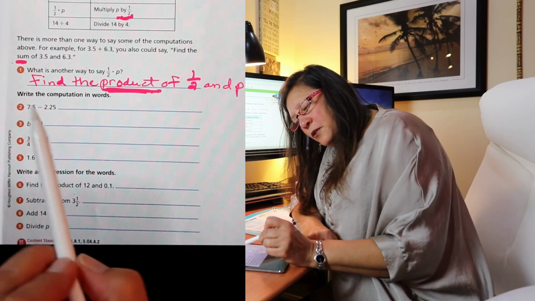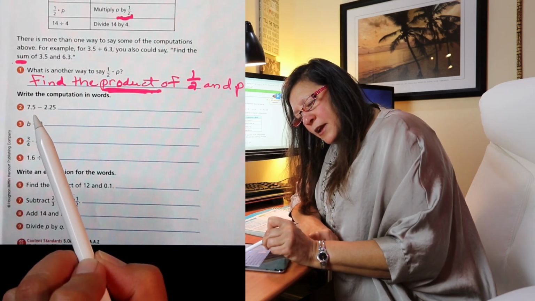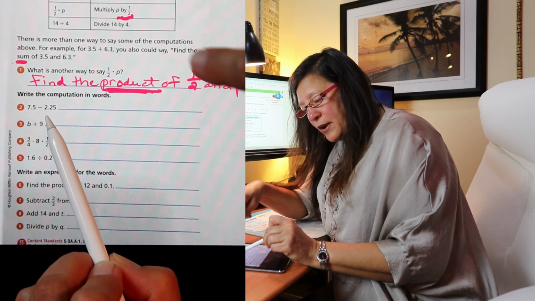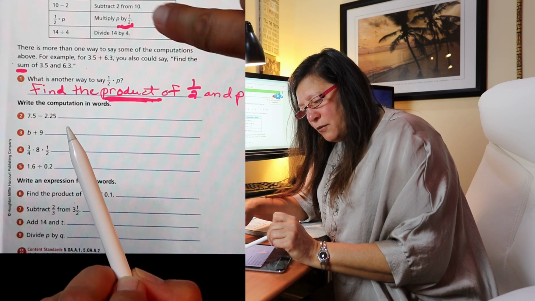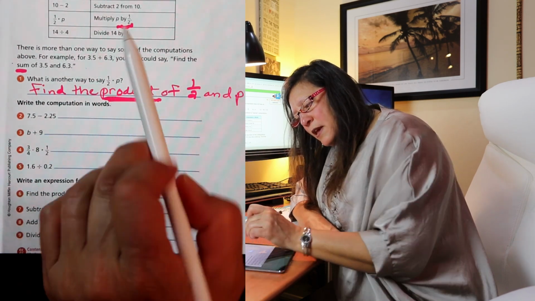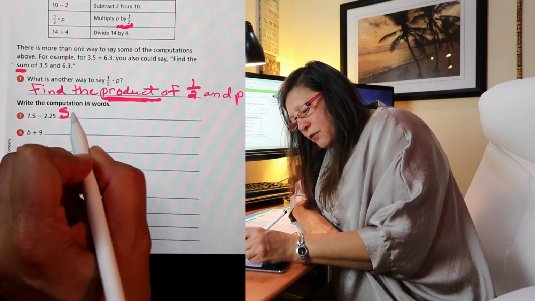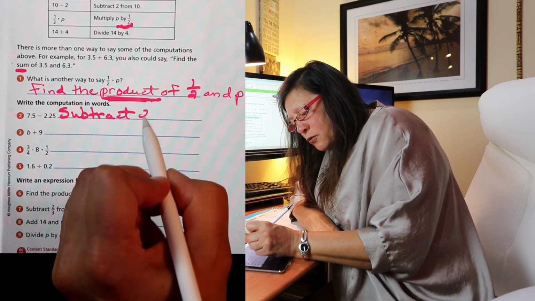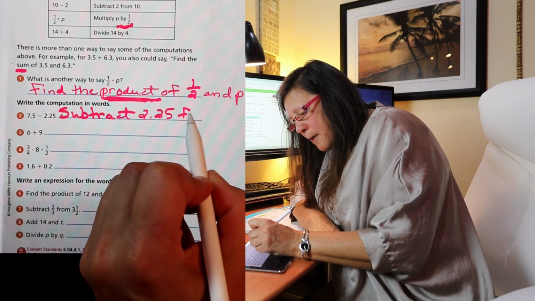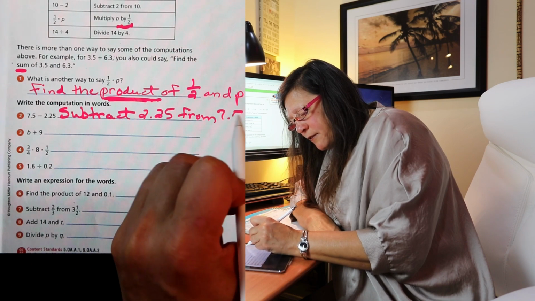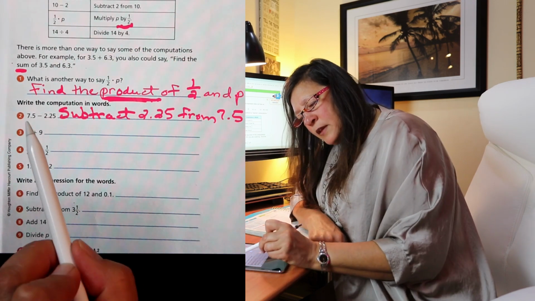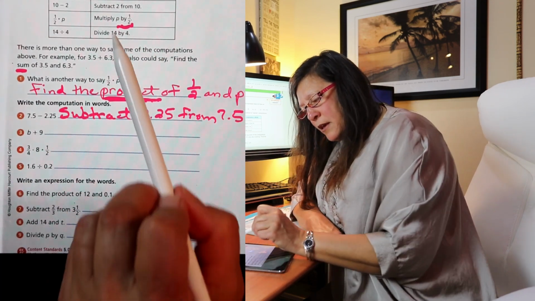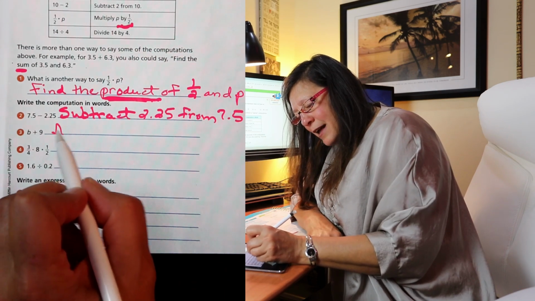So let's continue on. Write the computation in words. Number 2, we have 7.5 minus 2.25. Again, you're going to write your operation first. Go back to the table, use the table as you do these problems. Subtraction is what we're doing, so we're going to write subtract, and you are taking 2.25 from 7.5. Number 3, another example. Look at the operation. This is an addition problem. So we're going to start with the word add,